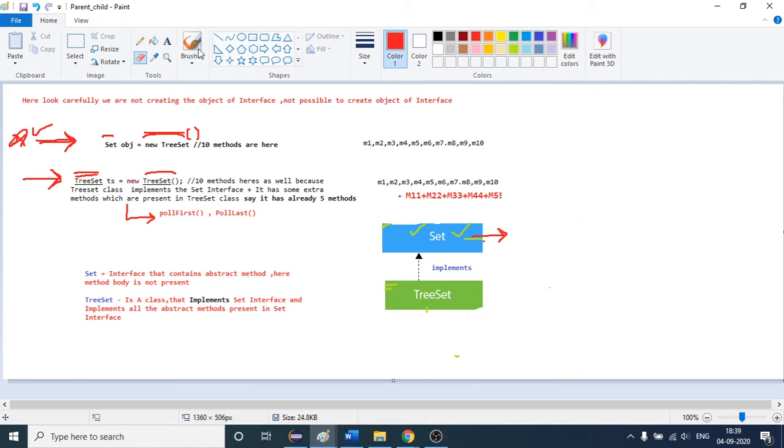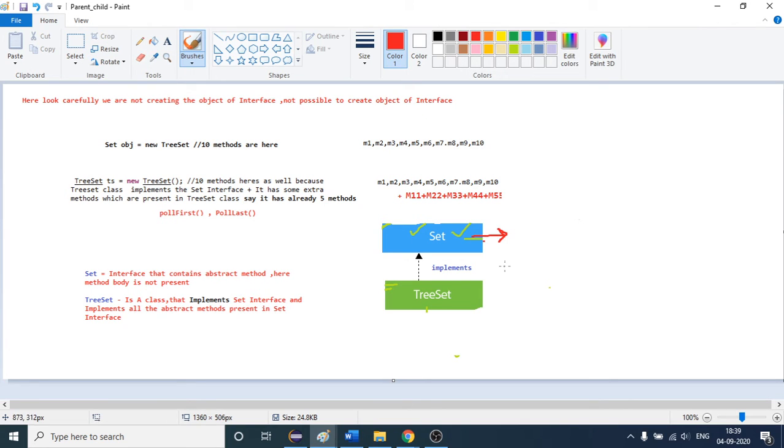Let me first remove this. Actually, both the statements are correct, this one and this one. First of all, you should understand this.